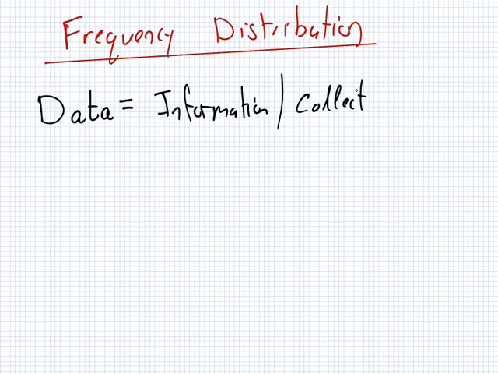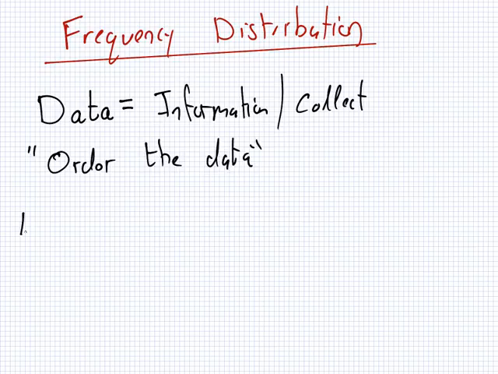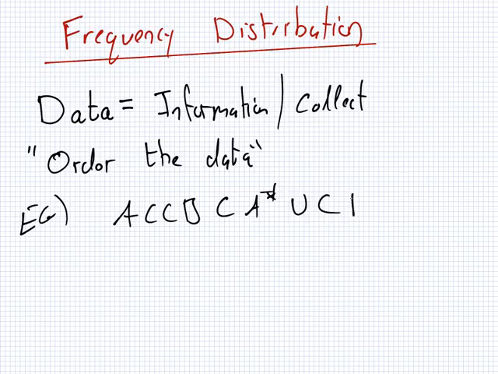But sometimes, if you have a lot of data, it can be difficult to see what you have. So we need a way to order the data, put it in some kind of order. So here's an example of some data. Let's say it's grades from a class. It's okay, you have all your data here, but it's not really convenient because you can't answer simple things like how many A's are there, how many B's are there.